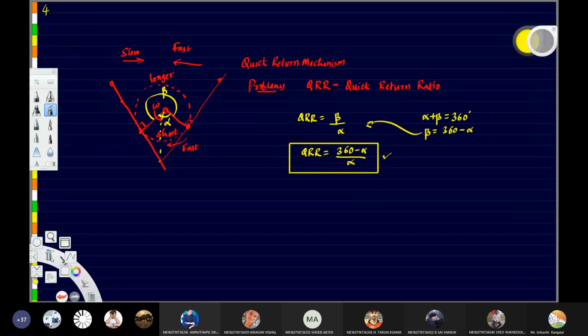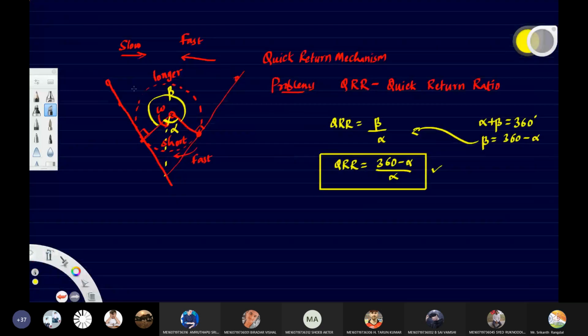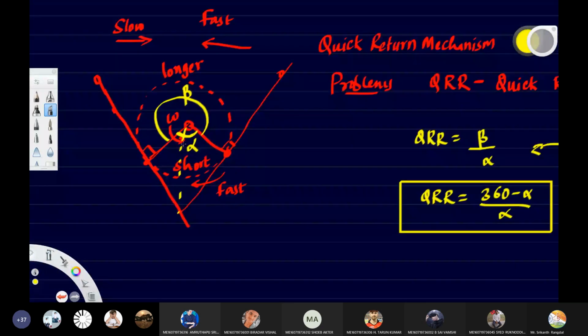Anyway, okay. So what you have to do is you have to take this right angled triangle. Fine. And you will be given this length. This length is the length of fixed link. The length of fixed link will be given to us. Let us say this is A, and this length will also be given to us. What is this length? This is the crank. So crank length will be given.